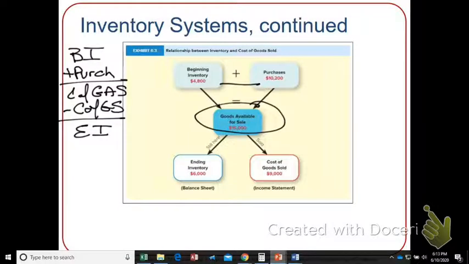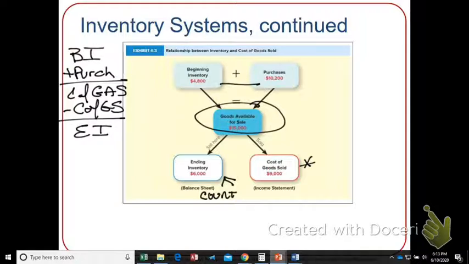So in a perpetual inventory system, I would know cost of goods sold because I'm constantly counting it. So cost of goods sold is subtracted from cost of goods available for sale, and it gives me ending inventory. If I were running a periodic inventory system, I would not know cost of goods sold. So I'd have to go out and I'd have to count my ending inventory, and then I would plug that in. I would switch these last two around. I would take cost of goods available for sale, subtract ending inventory,